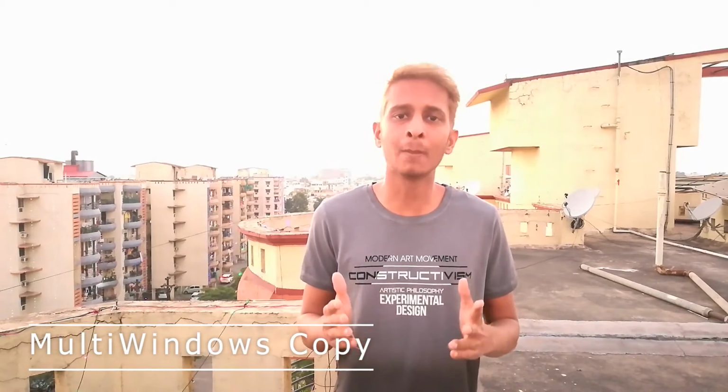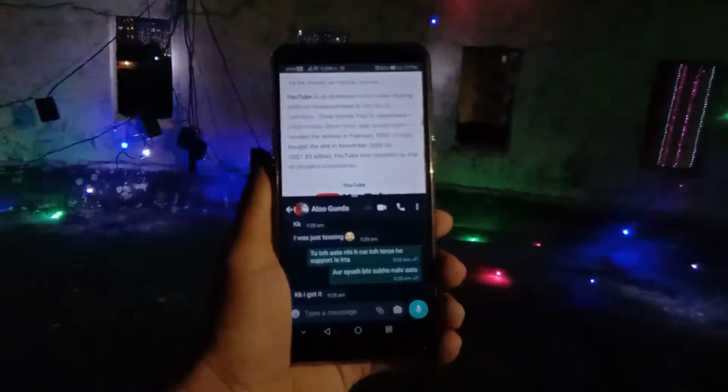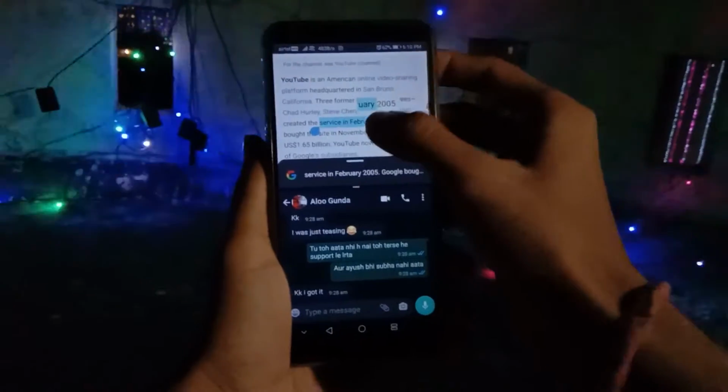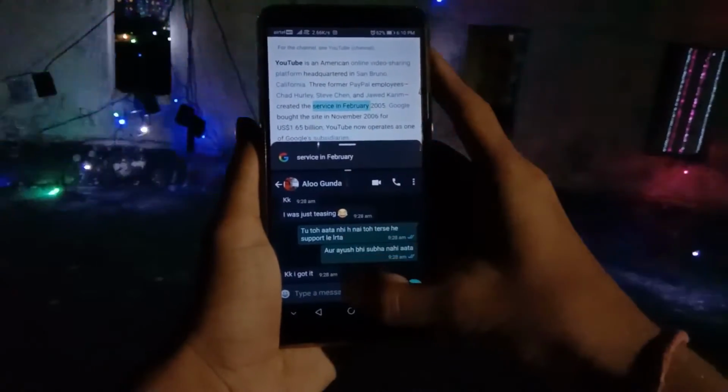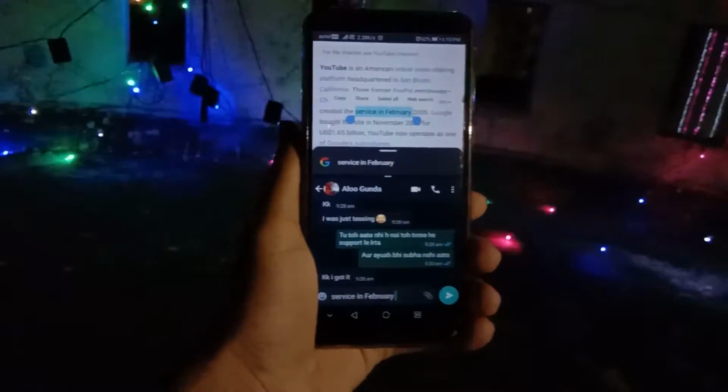If you are trying to become a power user, you can start by using a multi-window shortcut. Let me show you how. Open a browser and any app in multi-window. Make a selection of a text, drag the text to the app and paste it more quickly. It will eliminate the extra time of copying the text.